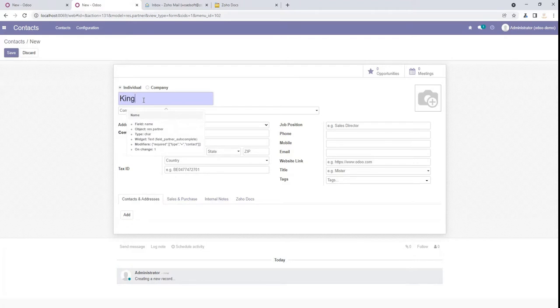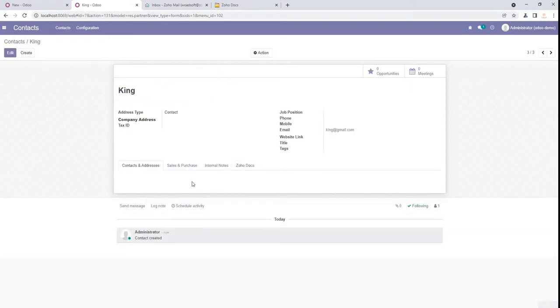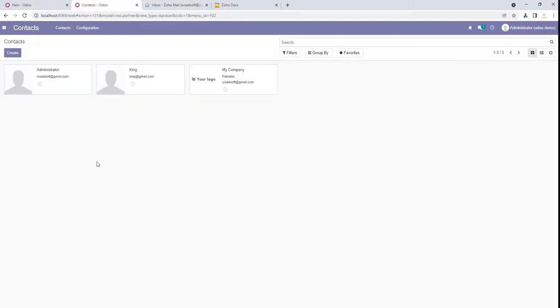We can give it a dummy name and assign a dummy email address. You can fill out the other remaining fields if you want, and save it. As you can see, the contact is saved successfully in Odoo.